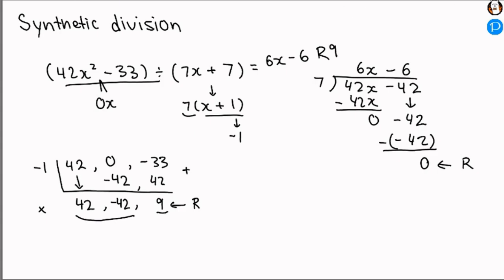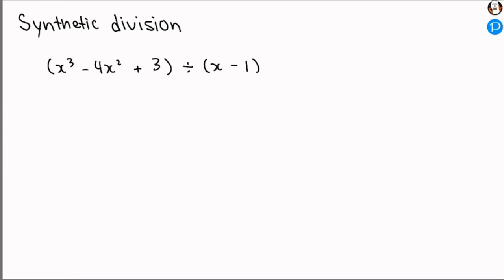Let's try one last example for synthetic division. x to the power of 3 minus 4x to the power of 2 plus 3, all divided by x minus 1. First, k is going to be 1, which we'll write on the outside of the ladder, and then we're going to write the coefficients, which is going to be 1, -4, 0, since this is missing an x, and 3. Bring down the 1,